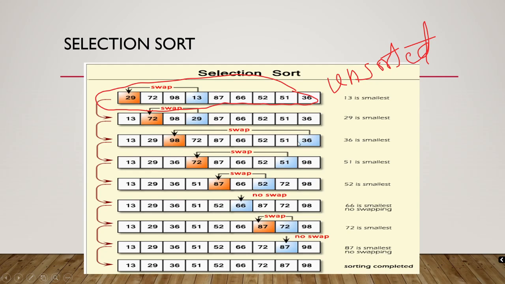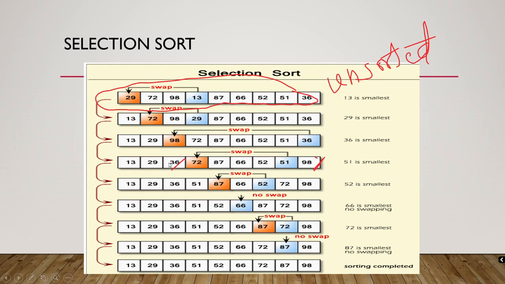The smallest of all is 36. So what do I have to do? I have to swap 98 with 36. Instead of 98 I have kept 36, and in place of 36 I have given 98.